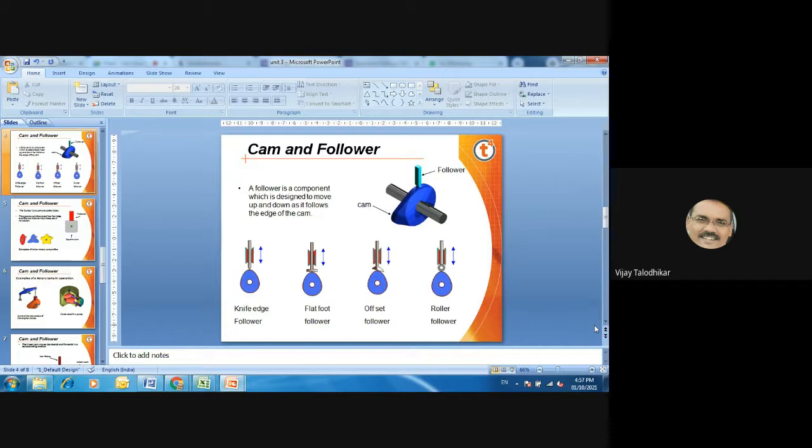The first one is a cam in blue color. Second one is the follower in gray color, and the third one is the guideways in red color. And all are the same in figures 1, 2, 3 for the knife edge, for the flat face, and for the offset one. But this is the contradiction with respect to the roller follower. Now see the roller follower,